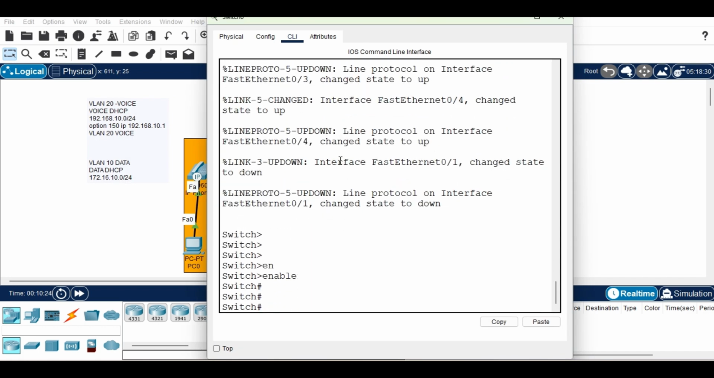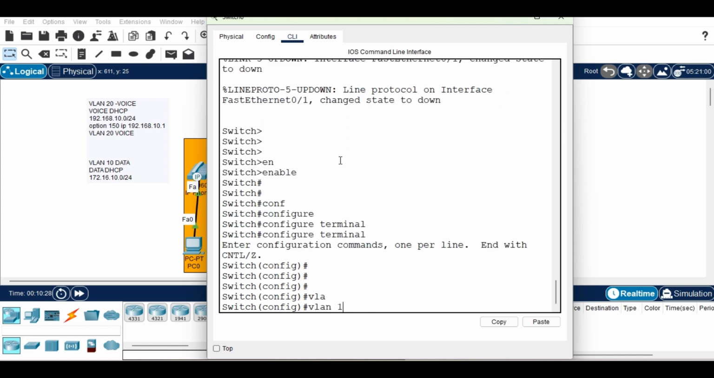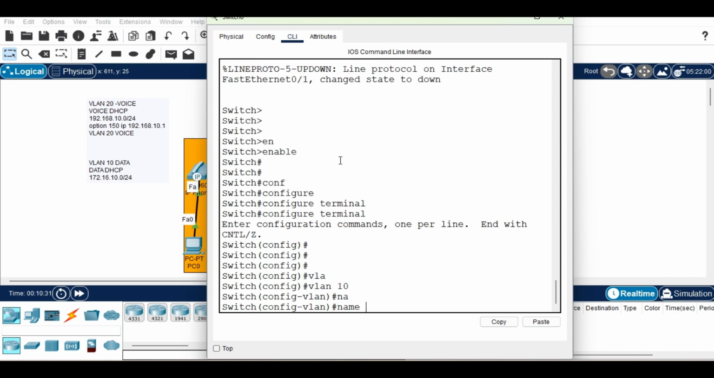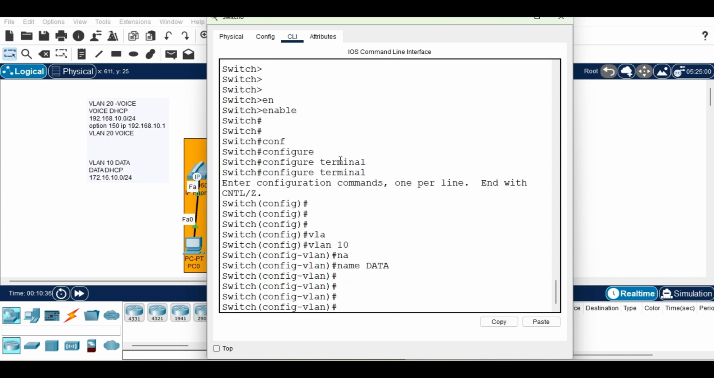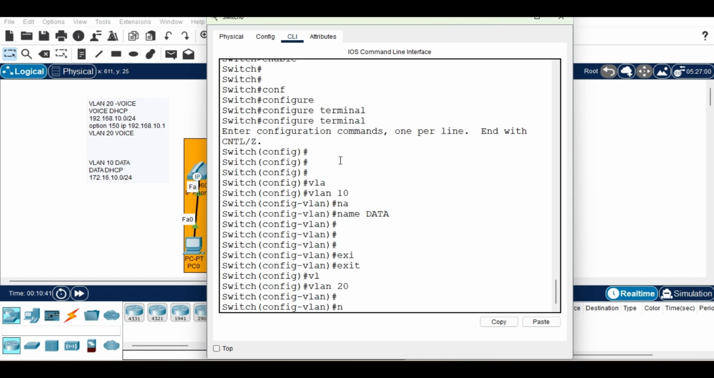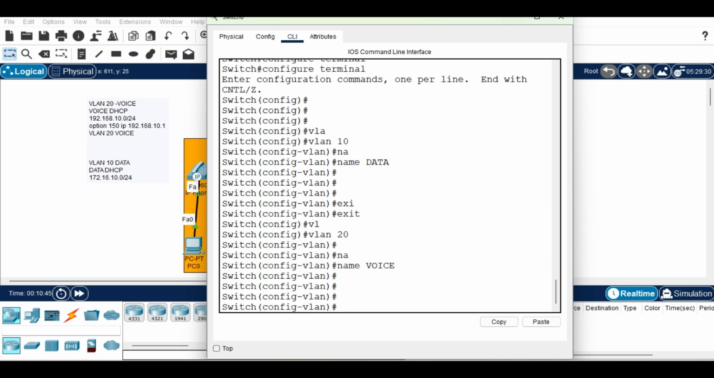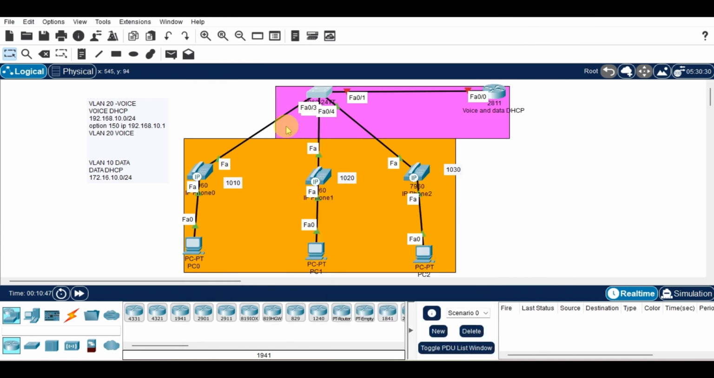Let's create the VLANs on the switch. To create VLANs on the switch: VLAN 10, name data, exit, VLAN 20, name voice. Then after creating the VLANs,